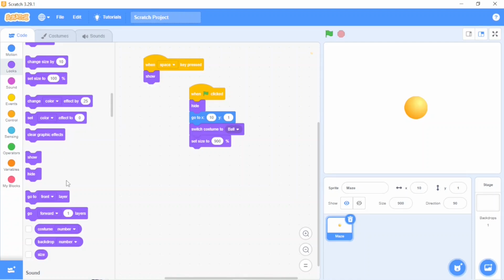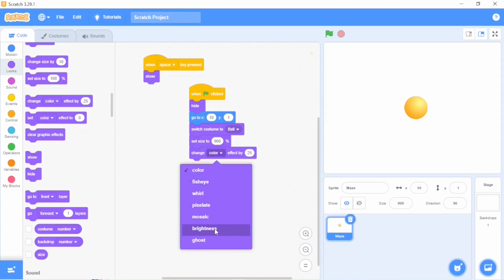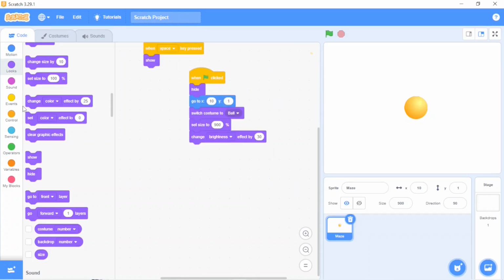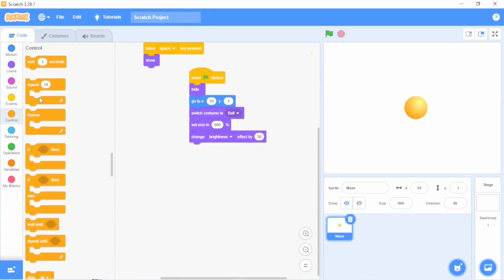One more block I want from the looks, that is change the brightness, because on the basis of the brightness it looks great to show the 3D effect, right? For that, I will take change color effect by 25, and instead of color I will make it brightness, and here I will make it 30. Then I want to go to control again and take repeat, because it is going to create multiple clones.